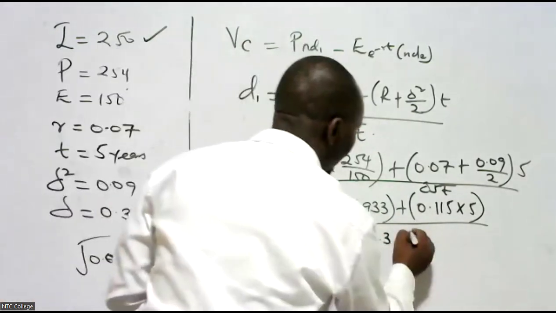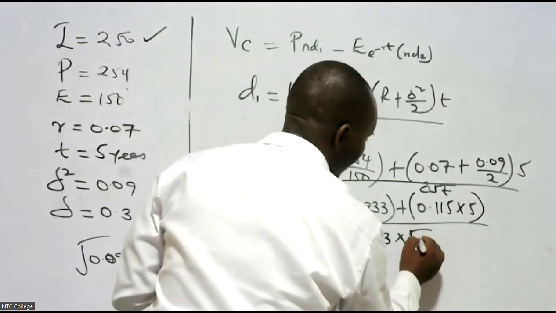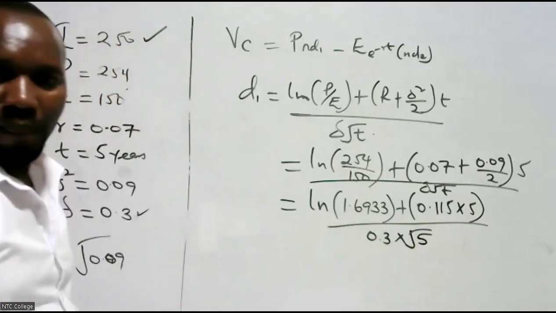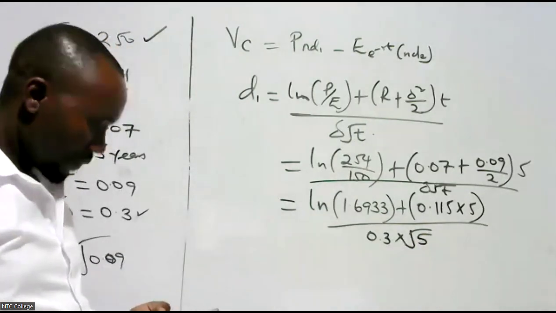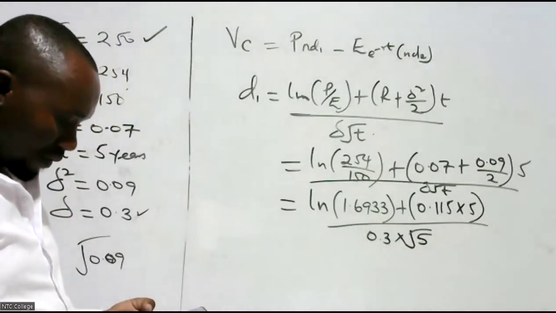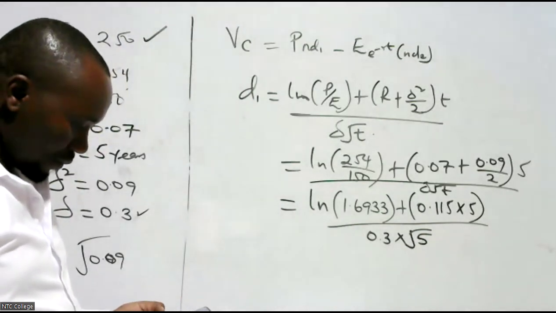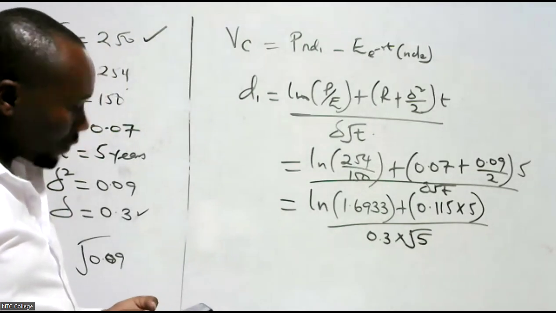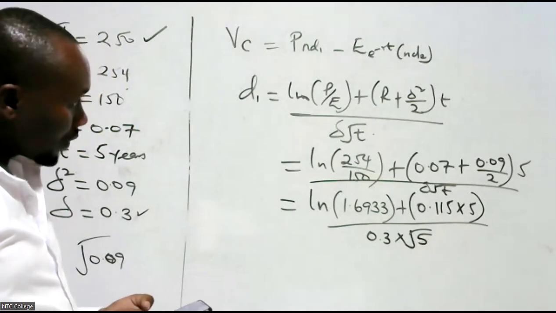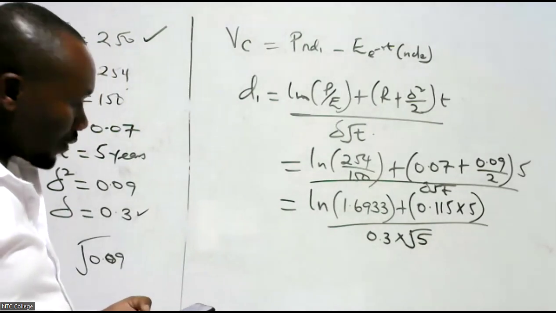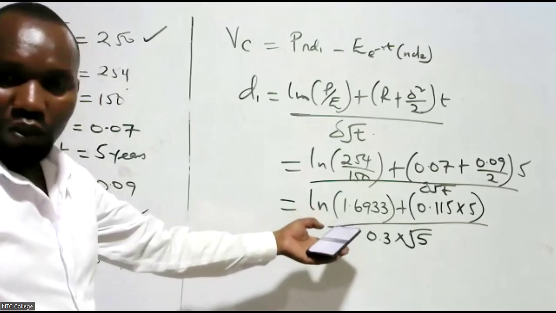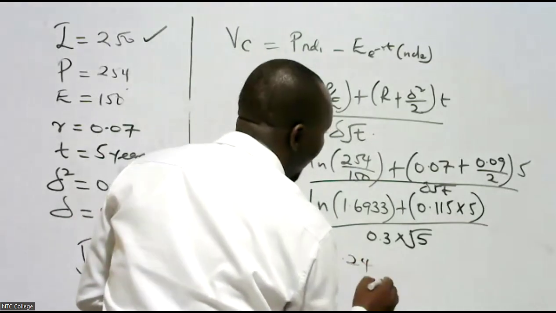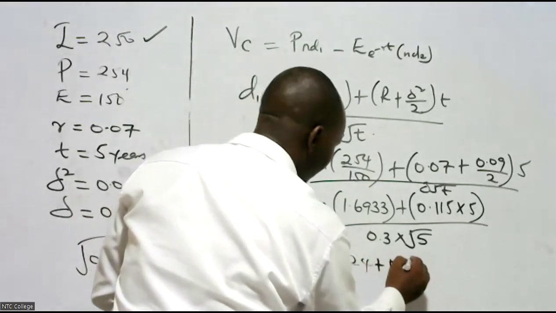So the square root of 5, five years. Give me the figures so we can proceed. This one is 2.29. Fine. So 2.24 plus, the other one I have is